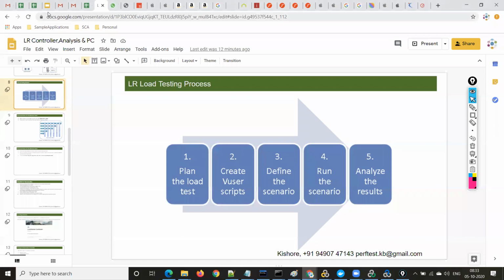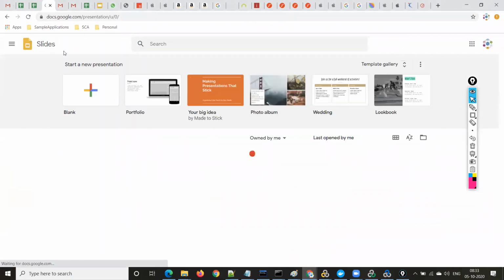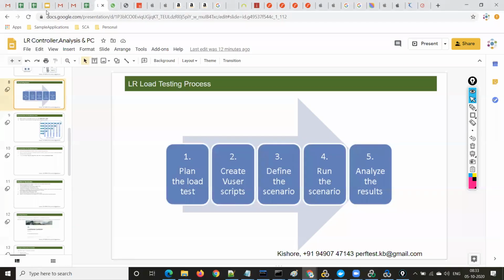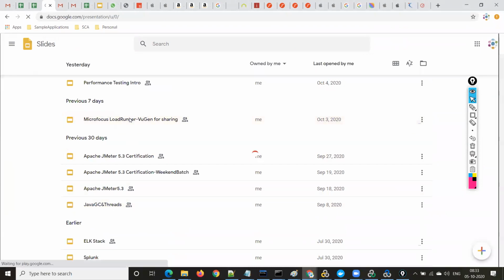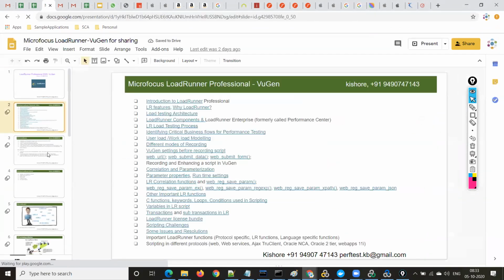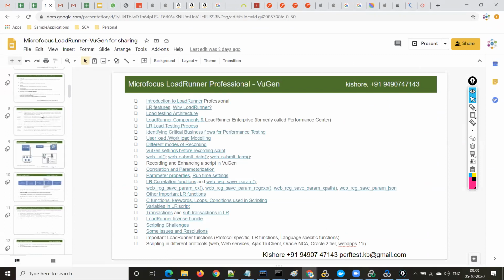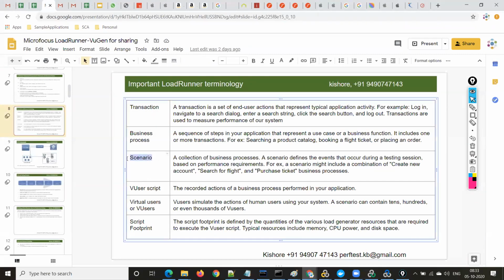You can see that in the Vusion slide. Scenario means a collection of business processes, as you can see here.